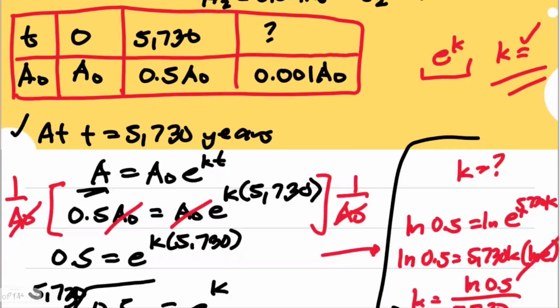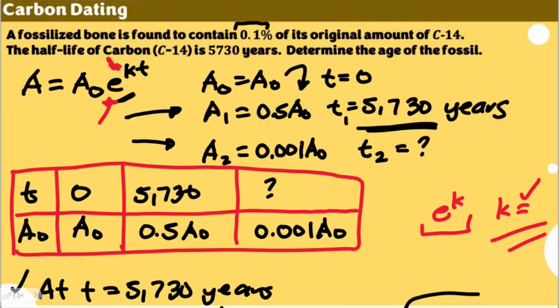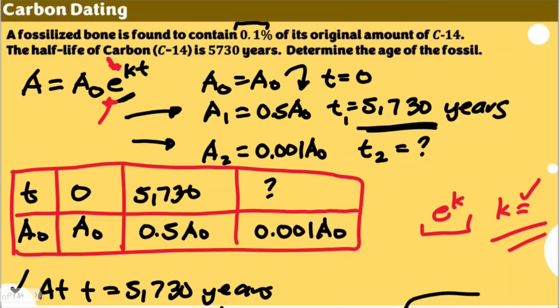So this is how we solve this problem. You might not be seeing here some notations for differential equations, but that was used in deriving the formula. Some concepts here, specifically for natural logarithms, were also used to identify the age of our bone, or the fossilized bone in this given problem.